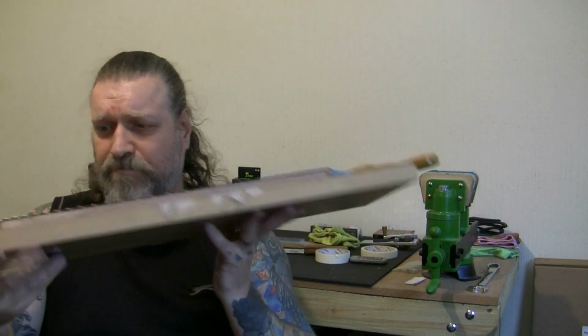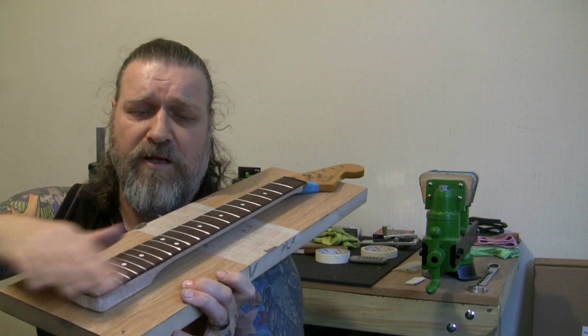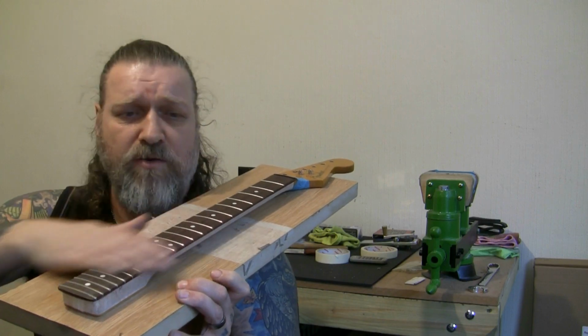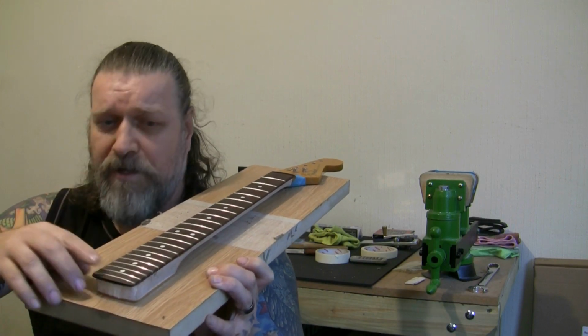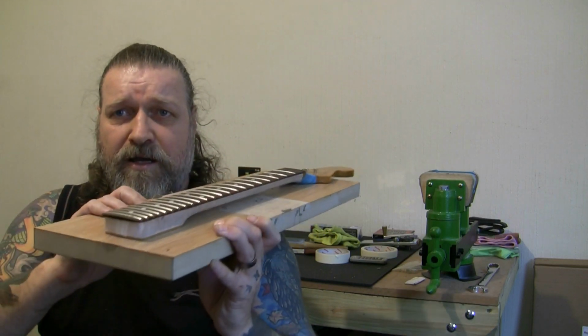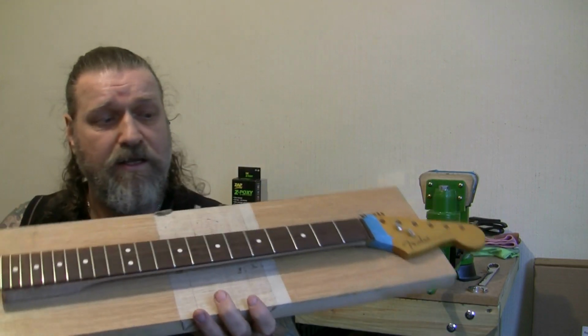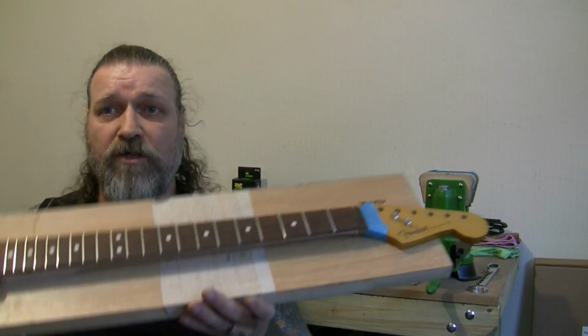And because of that, I noticed when I got to this area of frets here, I was thinking I'm going a bit low there. I don't know why it's going low when I was radiusing it using the radius block, and a bit higher this side, and again a bit higher this side, a bit lower here. It was then I went and looked at the neck, and unfortunately,